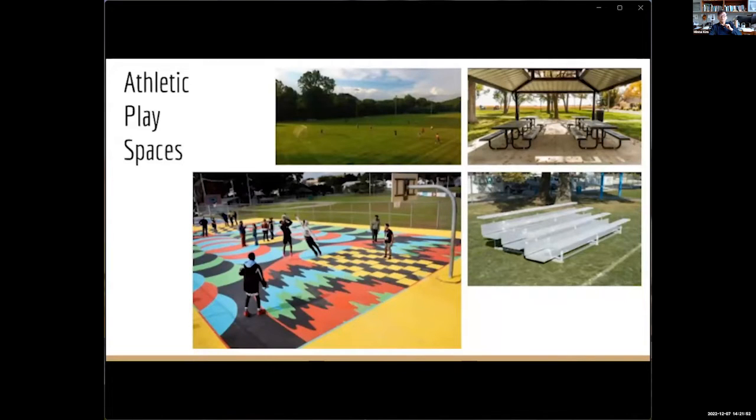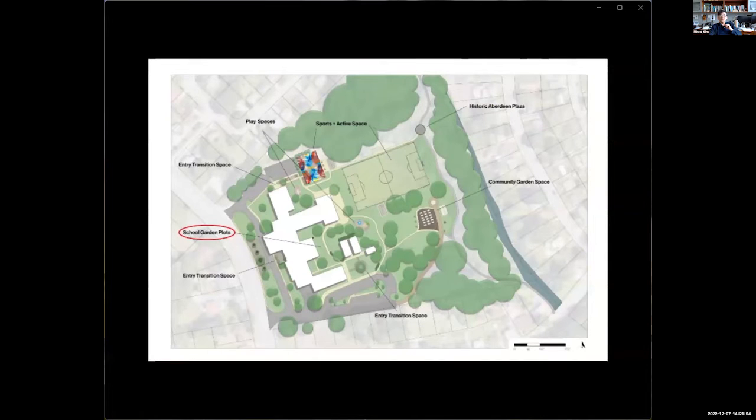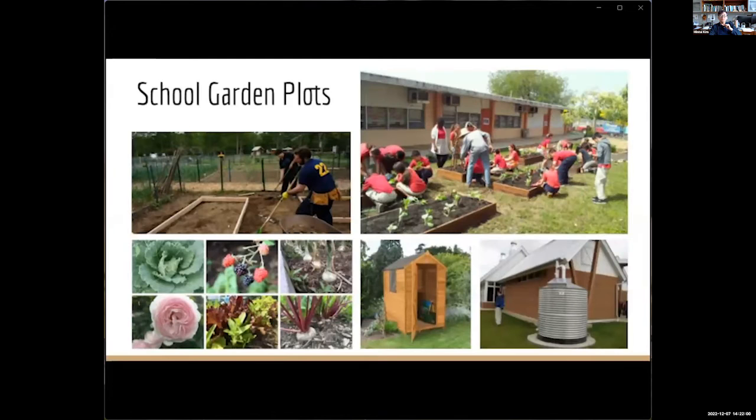The next space we'll be looking at are the school garden plots, centrally located next to the recess plaza. This space will be crucial for the community and for the school. The reason for this being that kids can grow up learning about agriculture and processes of food growth and can then one day bring it into their own lives. It promotes an introduction of sustainability into the kids' lives, not just through reading and learning material, but from experiencing